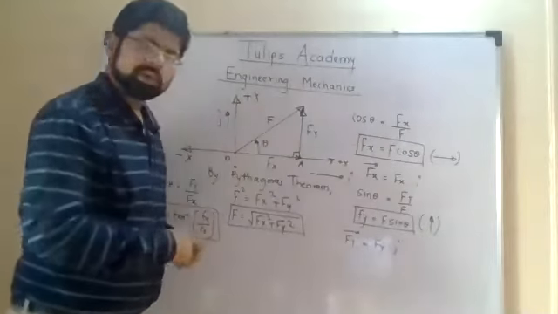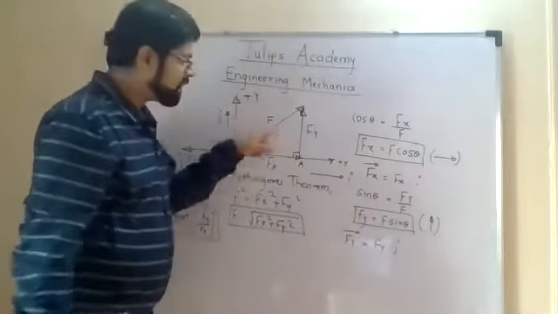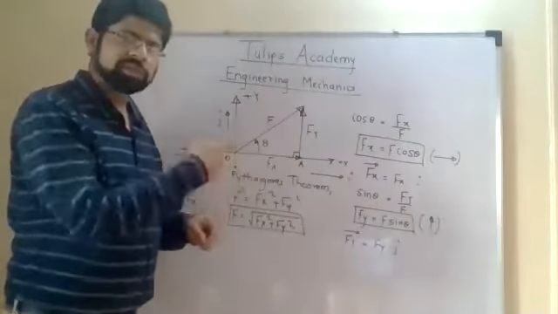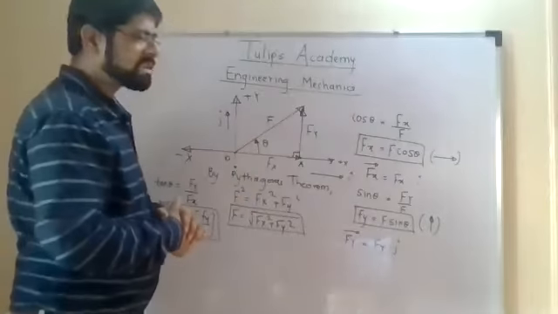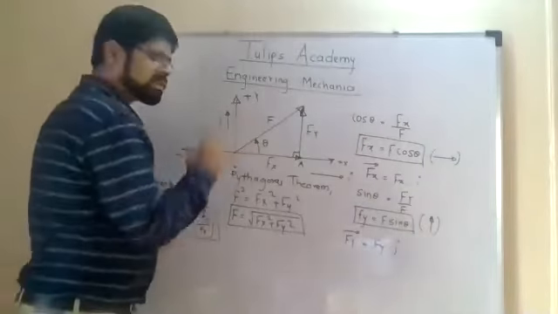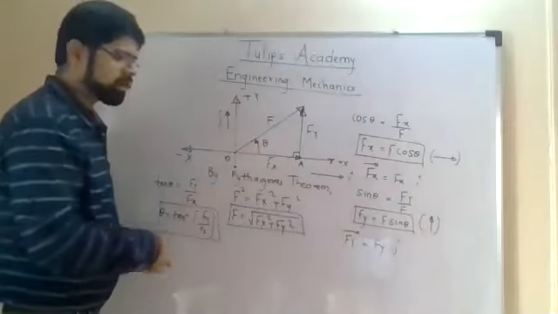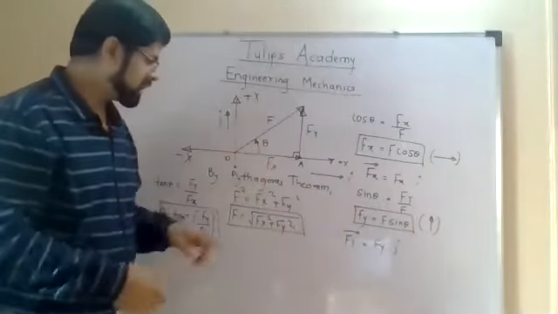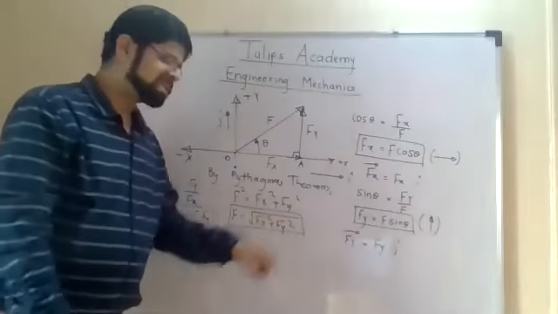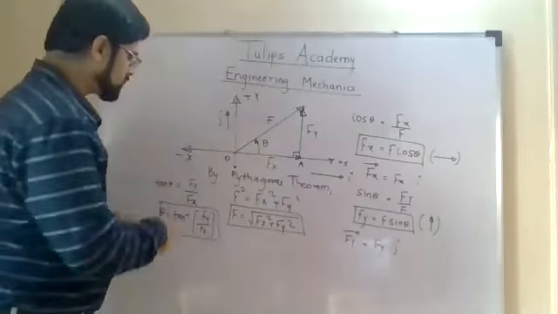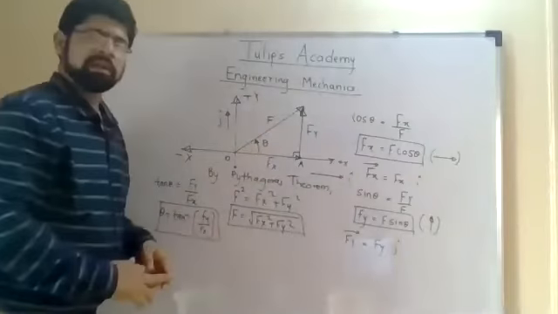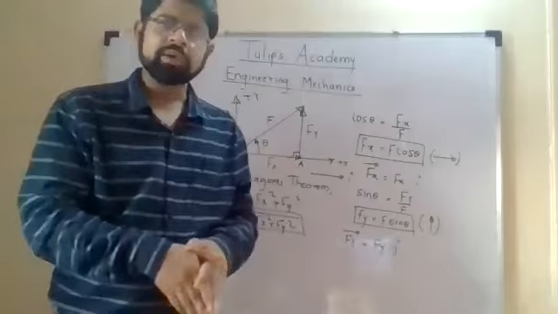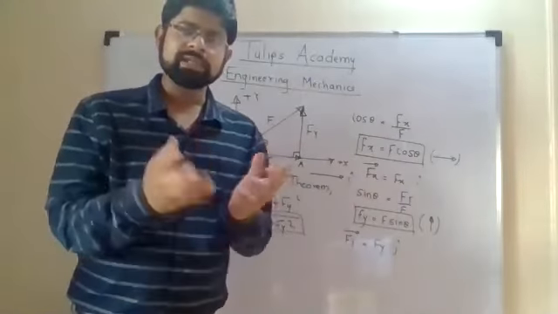So Fx and Fy were given to you, and you are supposed to calculate the resultant of these two forces, that is F. F is the resultant of Fx and Fy, and Fx and Fy are components of F. That is also discussed in the previous video. So you are supposed to calculate F, and therefore by using the Pythagoras theorem, we had calculated F, that is Fx square plus Fy square is F square, and then we had taken the square root of both the sides. So square root of F square is F, and square root of the right hand side is root of Fx square plus Fy square, and then we had used the tan theta relationship to calculate the angle theta. So here we have seen both the processes, how to find out components by using the single force, and how to replace all the forces with a single force.